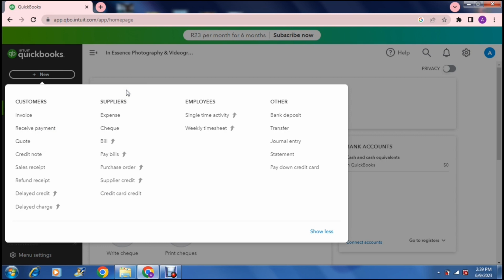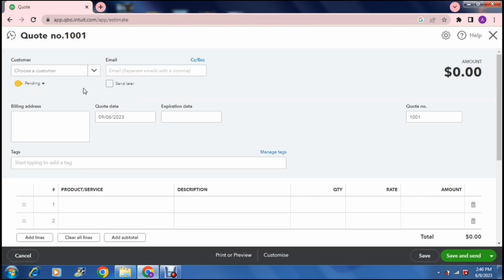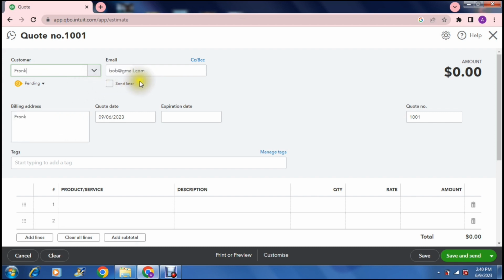Next, I'm going to show you how to create another document. So let's go down and let us create a quote. So all of these will definitely have different details that you'll have to enter. Okay, so this is what the page looks like. And again, you will have to add a customer. So let us use Frank for this example. And then let us just change his email address here. And let's just say